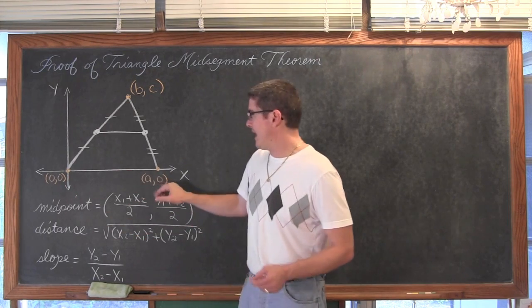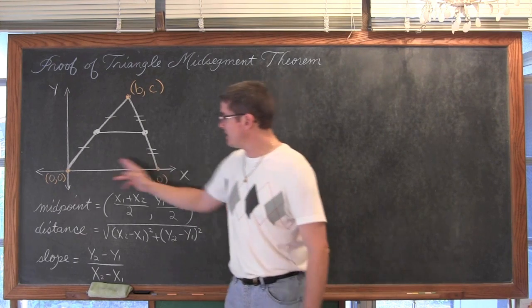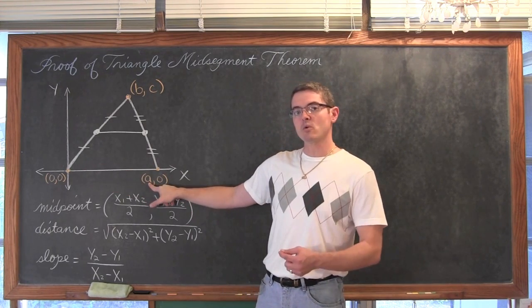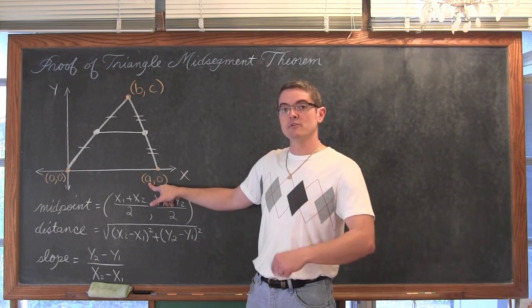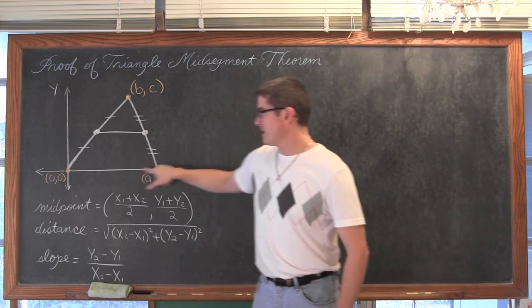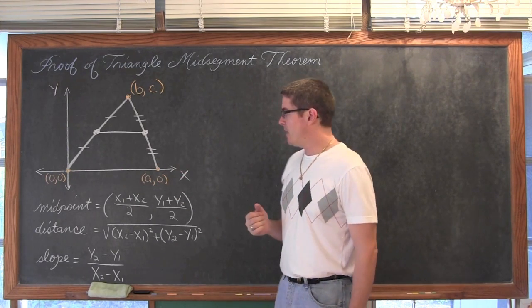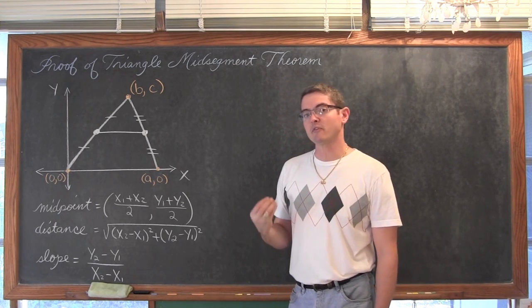I'm going to have the base of this triangle be any length, and I'm going to allow it to be any length by identifying the x-coordinate as a. So I don't know what the value of a is, so a could be 1, 2, 3, or 100 units away from the origin. Thus, the length of the side is unknown. And because I've run it horizontally along the x-axis, that again is going to simplify some of our algebra for us.